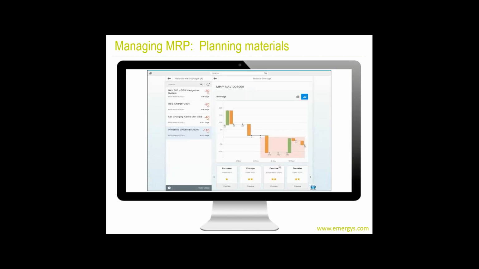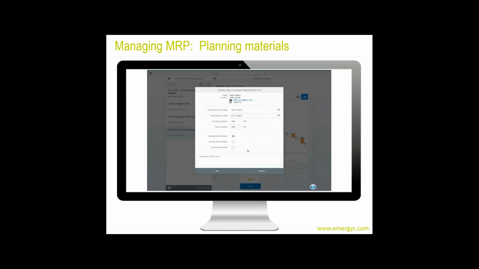So if we increase the existing order quantity, that'll work, but it's not the optimal solution. If we change the order, potentially split it, that's an option. If we change the quantity we're procuring, that's an option. If we transfer from another facility, assuming we have another one that has this material available, that might be a solution.